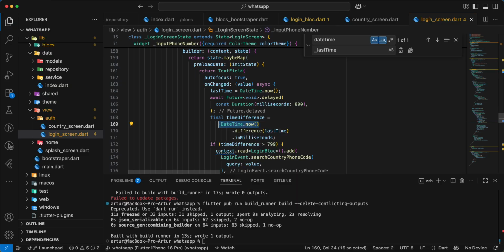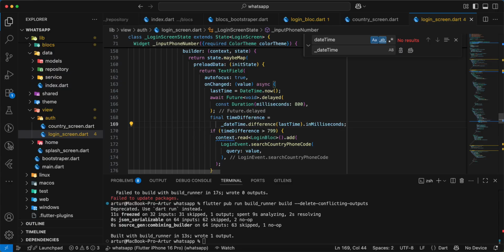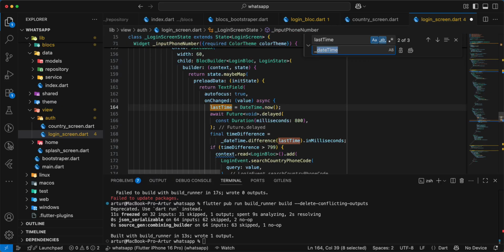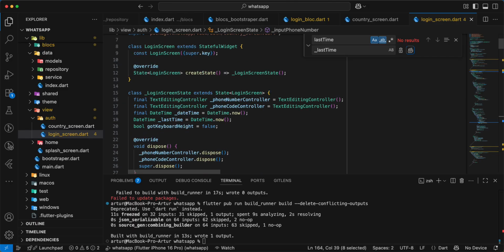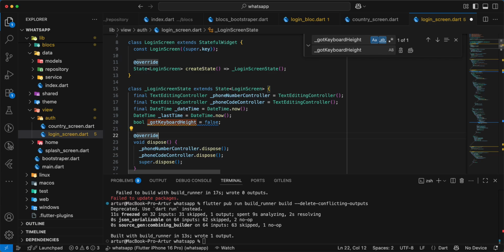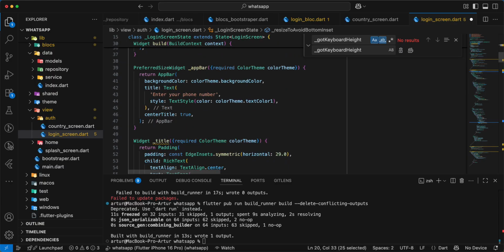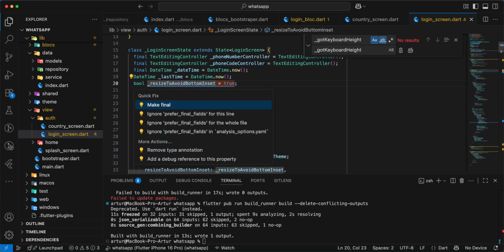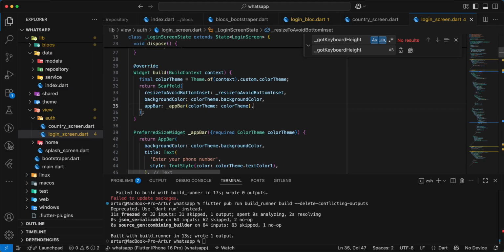Update DateTime, save, then we rename lastTime, and we update name, write true, save, and we add